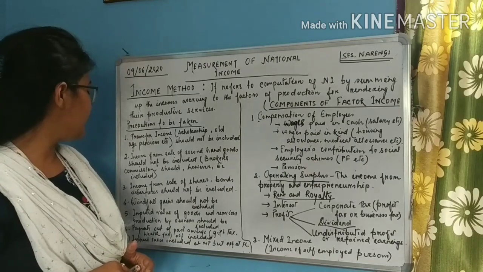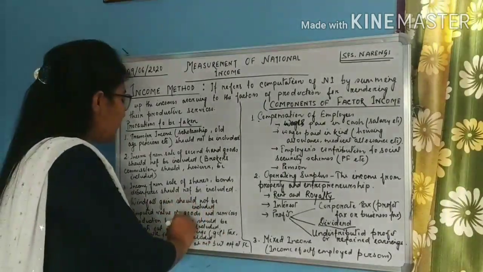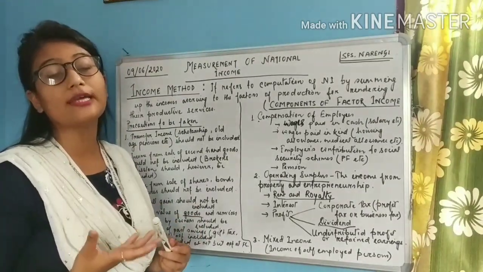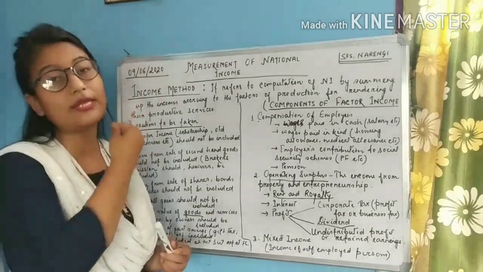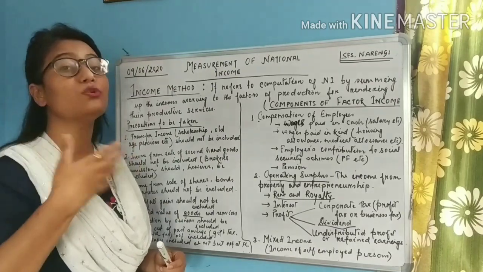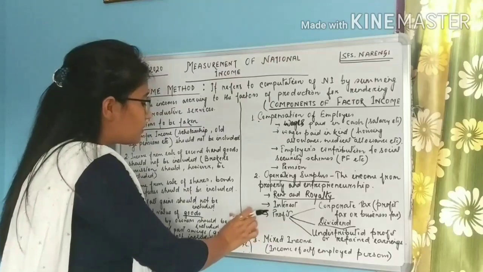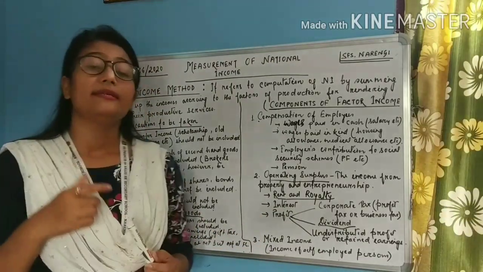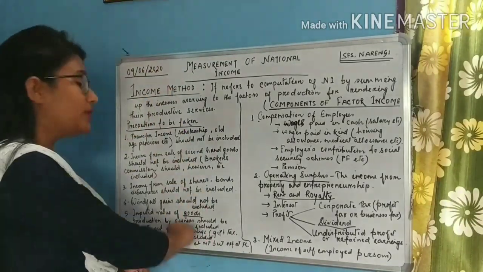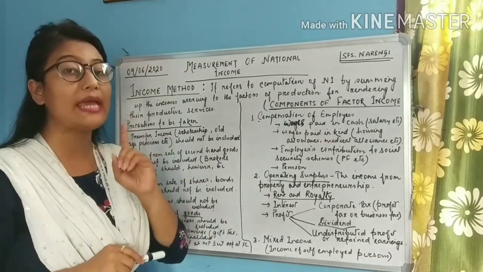Imputed value of goods and services by owners should be included. So students, imputed value of goods. For example, the various goods that are produced by the owner for self-consumption have to be included, okay? And sometimes the owner also uses his own house for rent. So that has to be included. Services should not be included, students. I wrote it by mistake. Services for self-consumption have to be excluded. Even though I have not written that point here, you kindly mention that. Services for self-consumption have to be excluded, okay?